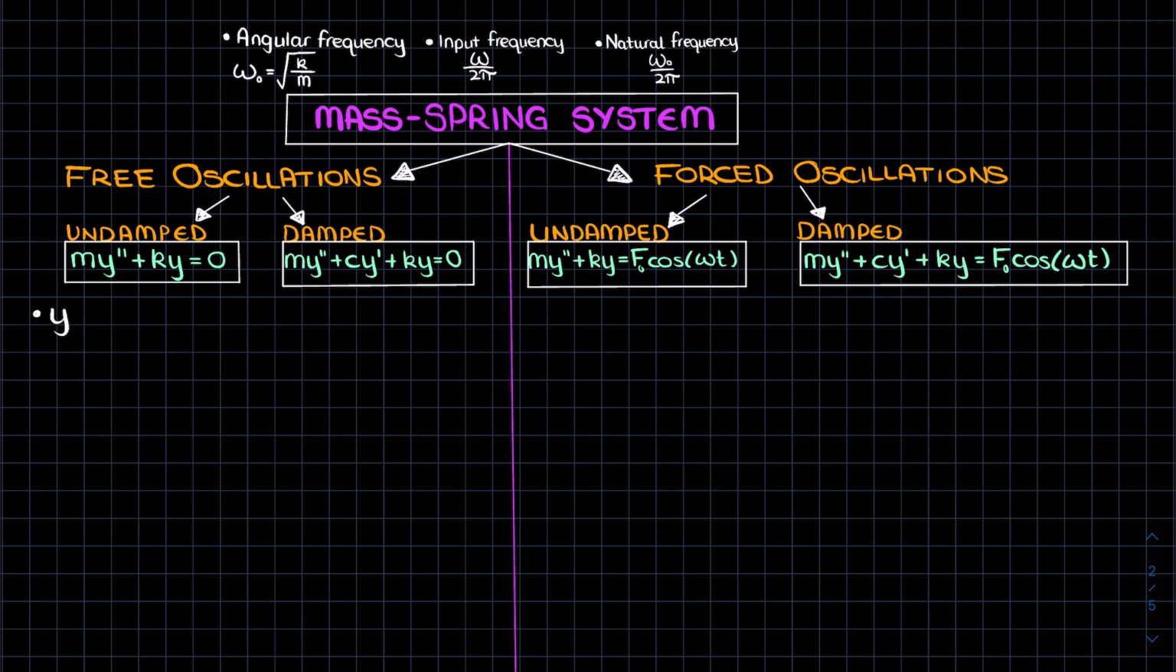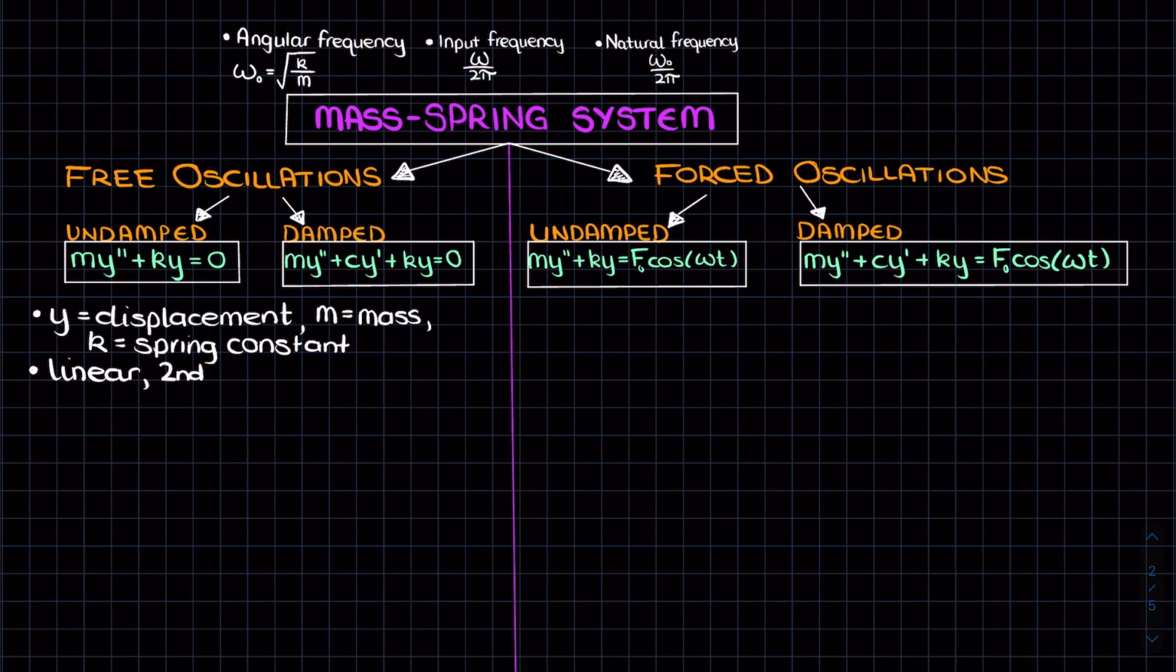Here, y is the displacement, the thing we want to solve for, m is the mass, k is the spring constant, and c is the damped coefficient that sits next to y prime, because only the damped equations have it. Both of these equations are also second order, linear and homogeneous, so we can use the characteristic equation method to